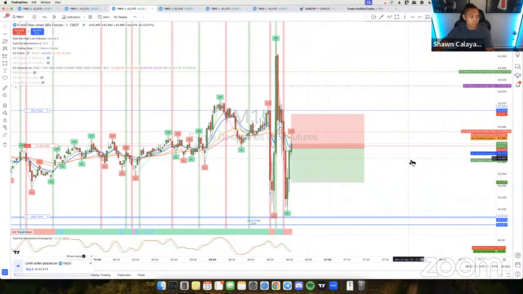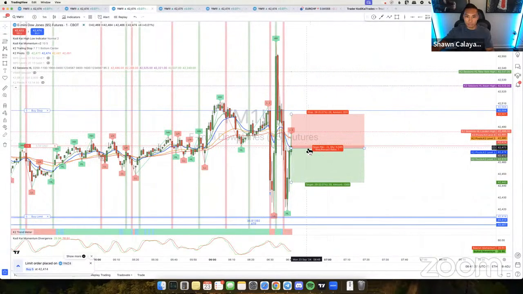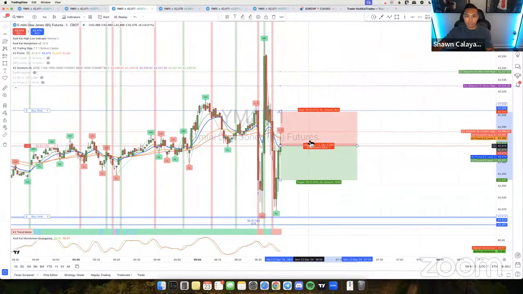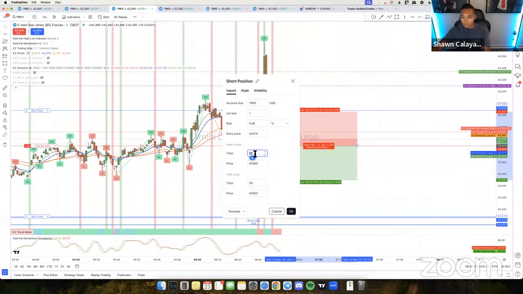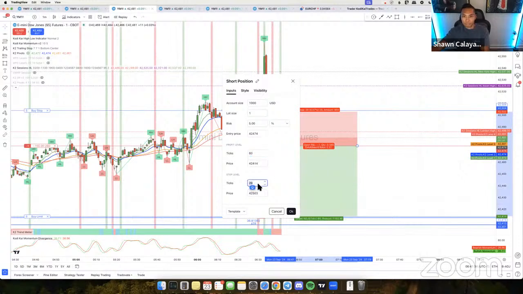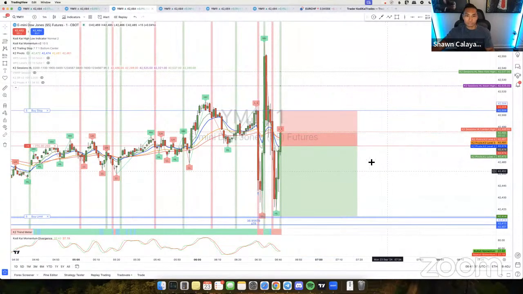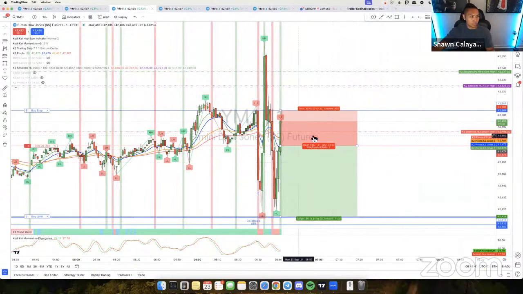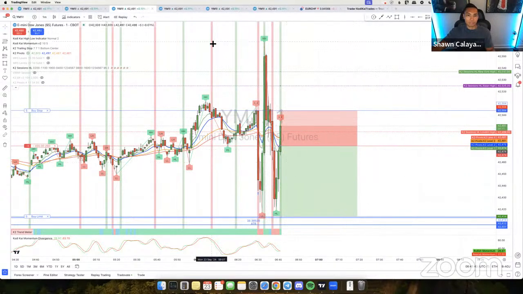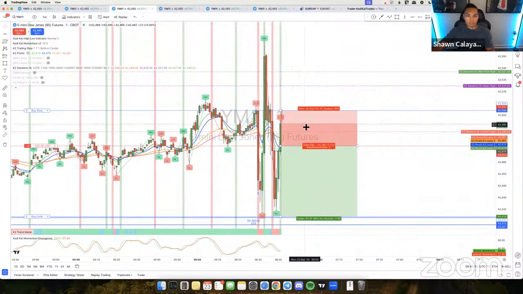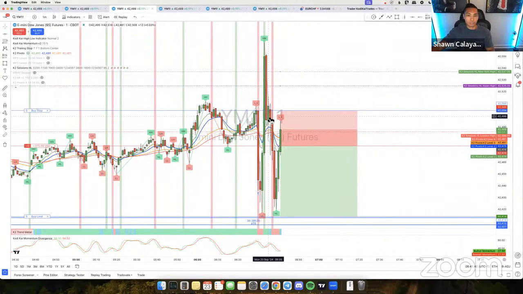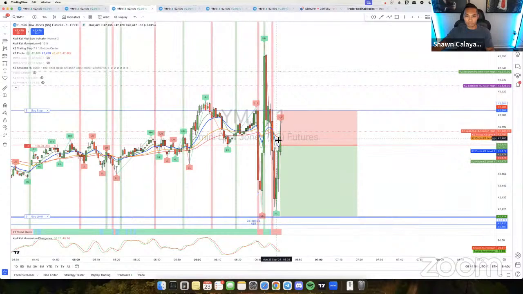All right, so I just got in right here. Or let me see if I could get the order filled. Entry is right here. Let me see where it's at. I think I might have missed the entry. Entry would have been at the, no, I got in way too early. The entry should have been right here at the 80 mark, guys.